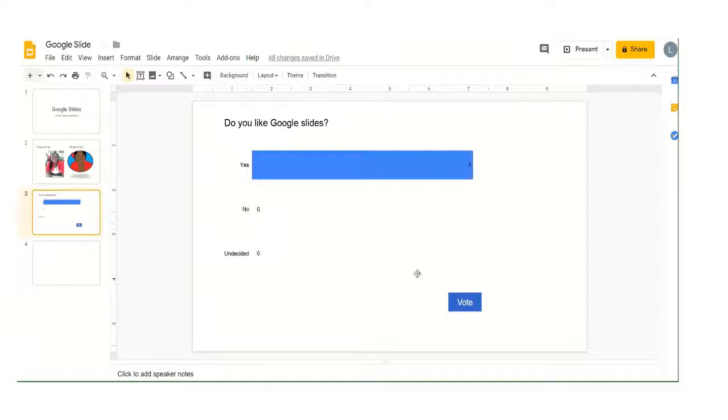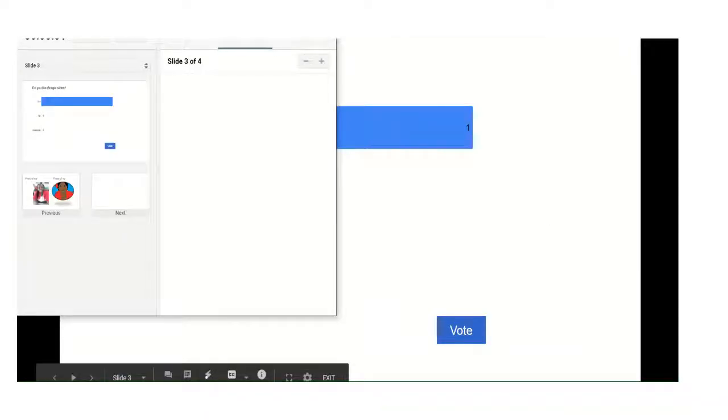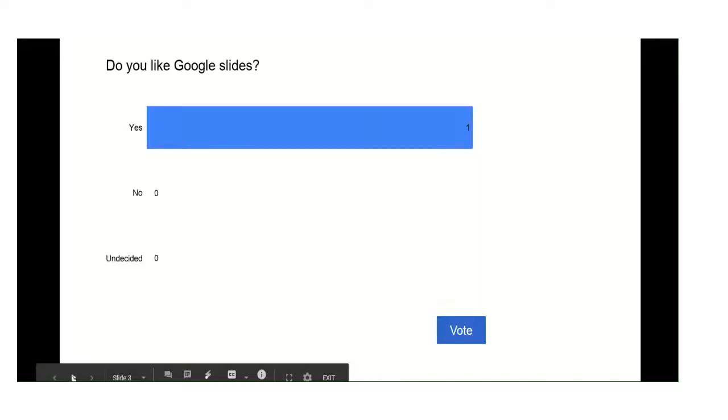Yes or no. Once you go into presentation mode, you will see that the poll is available. I voted yes. Each poll will have a link which you can share with your audience. And once you give it to your audience, they can participate by voting and the results will appear on the